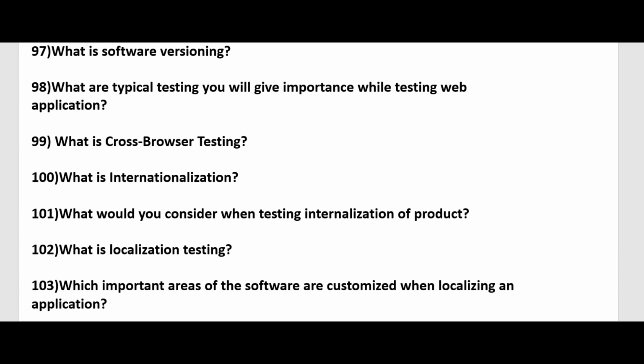Date and time formats, because internationally every country is different. If you're doing it for the United Kingdom, it's a different date format. If you're doing it for the United States, the software will have a different time format. If you're doing it for Asian countries, it's a different date format. And then the currency used, keyboard usage, sorting, aligning of data, color schemes, symbols, icons, because some symbols may represent